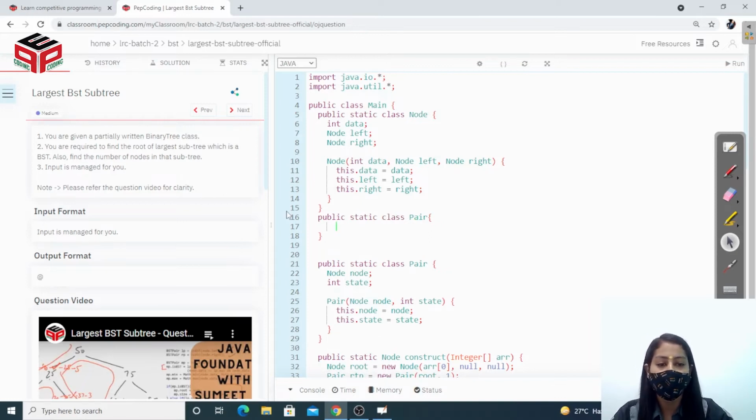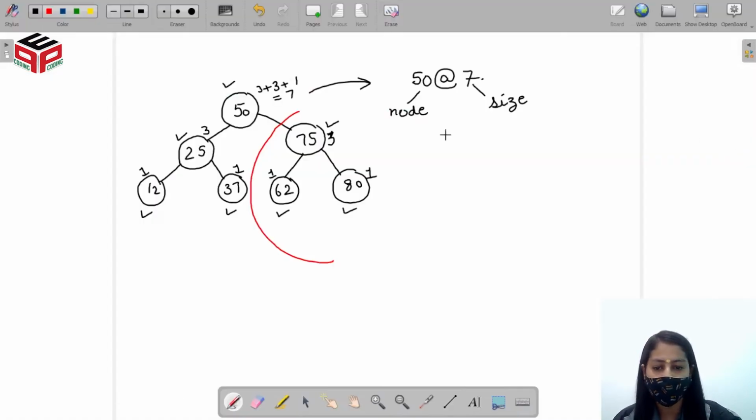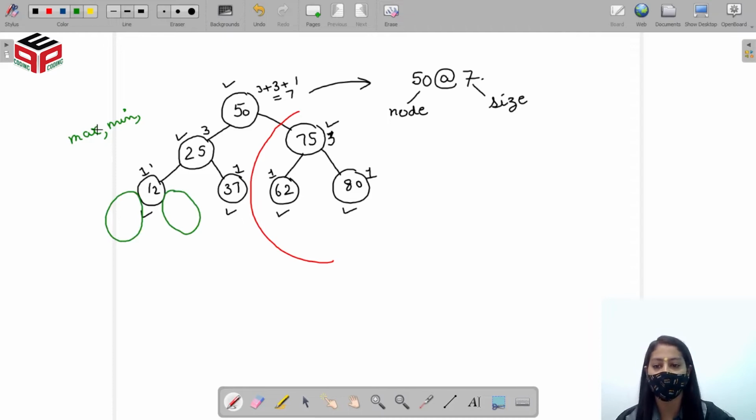At each node, to check whether it is a BST or not, we need the maximum value and the minimum value, because we have to find whether the data present at the node is greater than all the values present in the left subtree and smaller than all the values present in the right subtree. So we need the maximum value and the minimum value.